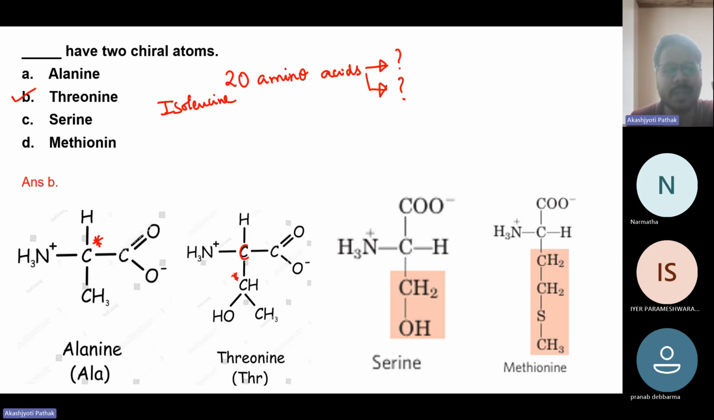Both these carbon atoms are chiral, because this carbon atom is attached to four different groups. Similarly, this carbon atom is also attached to four different groups. In case of serine, this carbon atom is chiral, but this carbon atom is not chiral